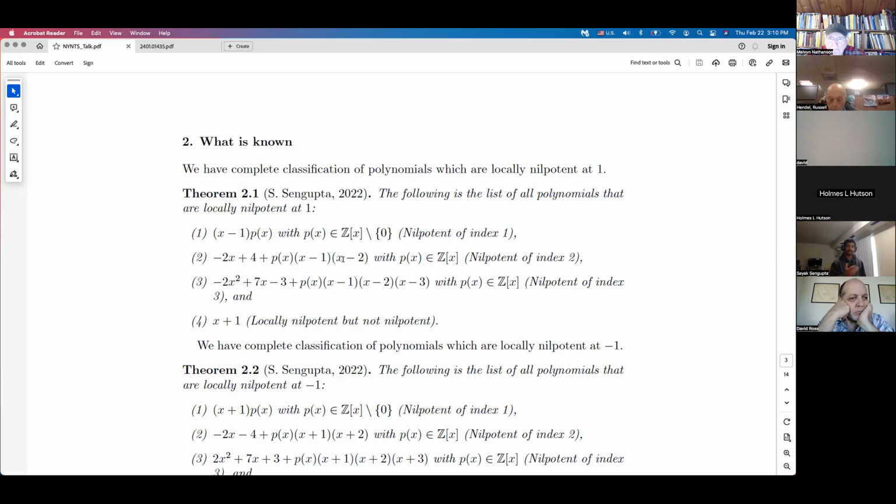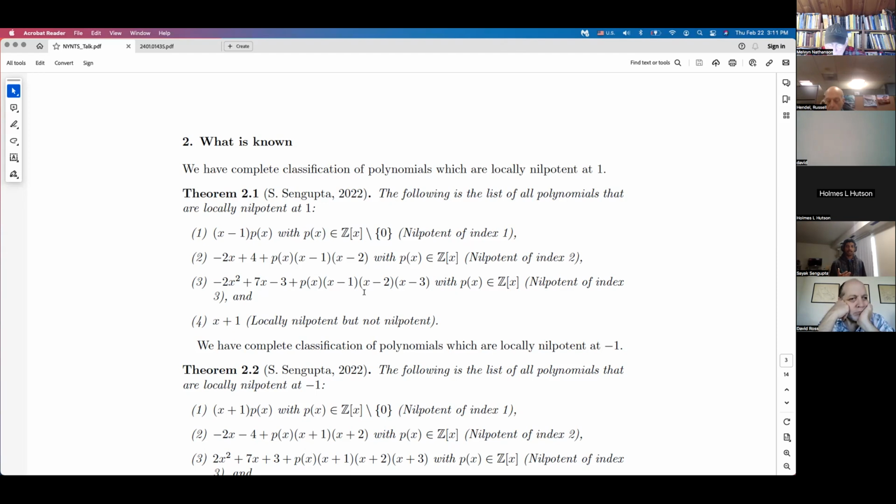Now, from 3, we start this thing again. 3 either has to go to 0 or 3 has to go to 4. If 3 goes to 0, then this is the family of polynomials for which this happens. And if 3 doesn't go to 0, then it has to go to 4. But from here, you won't ever get 0. It will continue like that: 4 has to go to 5, 5 has to go to 6, and so on. And that can be shown by induction.